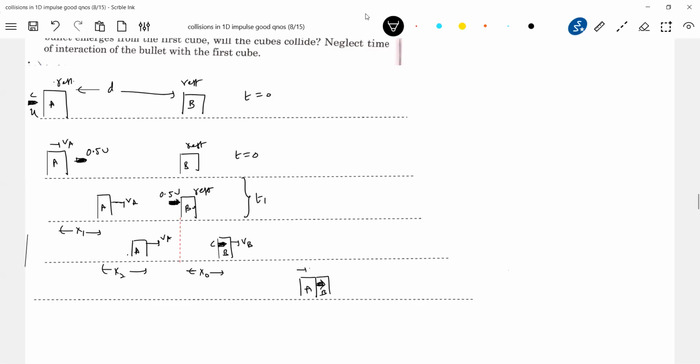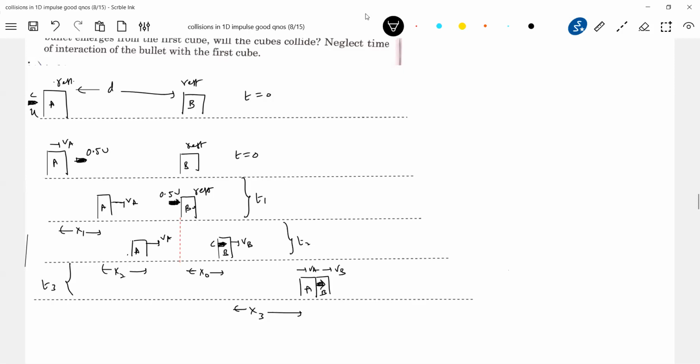Just about to collide. This particular time you call T2. Now this particular time you call T3. And I'll call this distance x3. I just made up things like this. After reading, the sequences will go on. Now write the equation, you get the required answer.